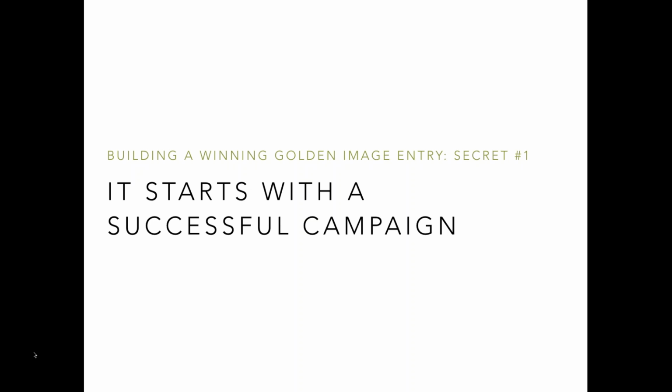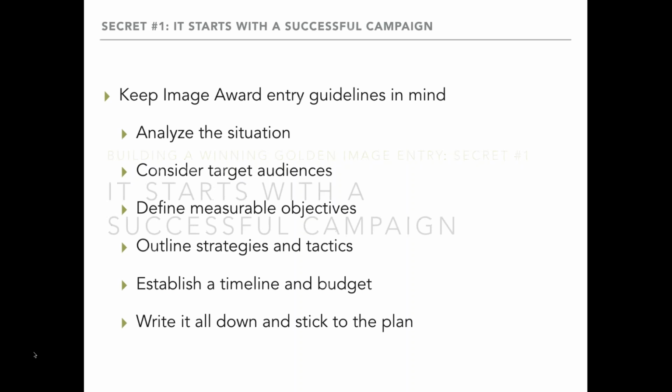If the project didn't start with a strong research-based foundation, and if you didn't have a plan in place to guide your activities, and if you didn't actually measure and achieve success, then you really shouldn't waste your time trying to make something out of nothing just for the sake of getting an award. Instead, going forward, I would recommend just committing to approaching every new project with the Image Award entry guidelines in mind,